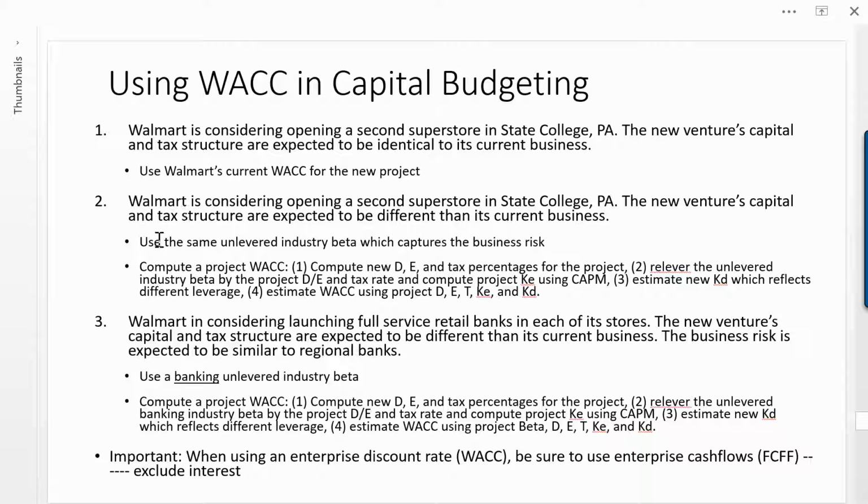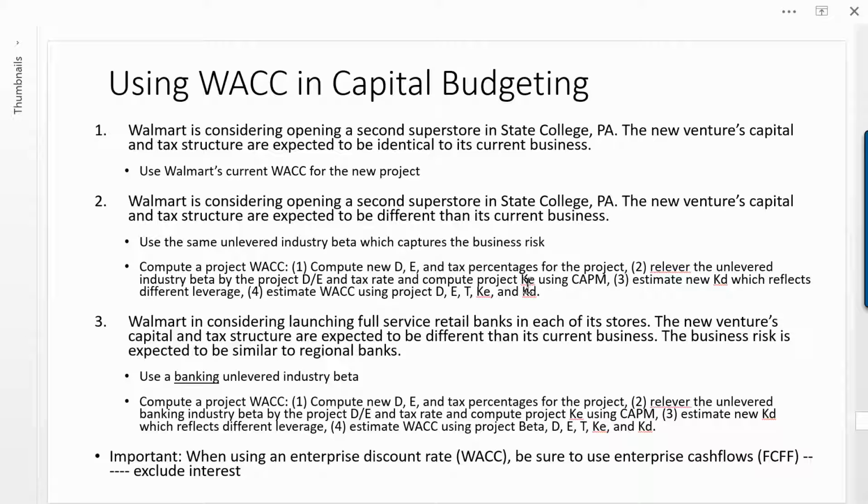So if they want to open up another store, but they want to finance it with different amounts of debt and equity and maybe a different tax rate, what I could do is use the same method as I did before, but then when I lever the beta, I can use the new D to E ratio based on the projected debt and equity percents and projected tax rate. That'll capture the risk of the new business, which has the same unlevered beta risk plus the new capital structure